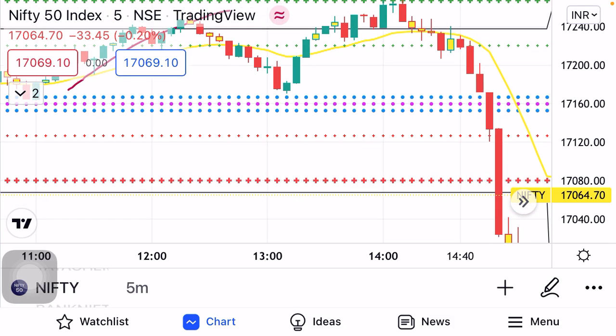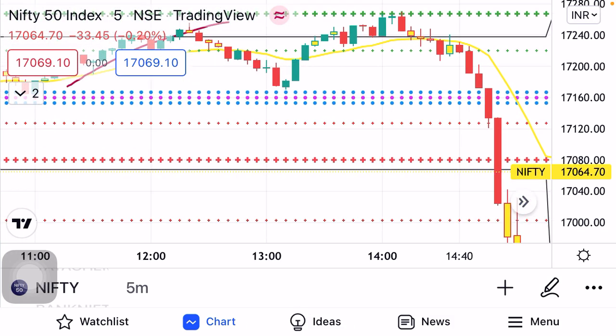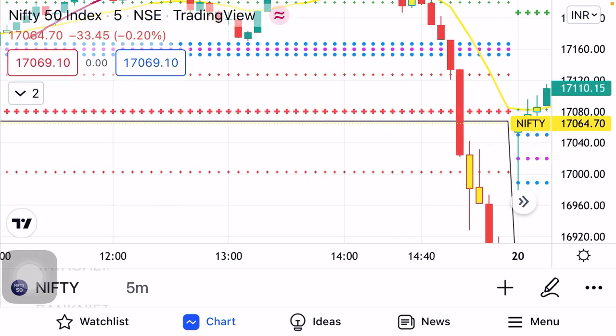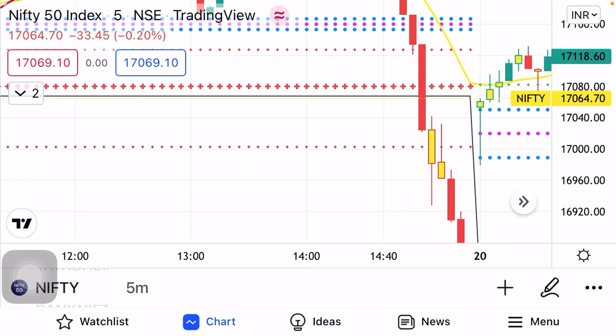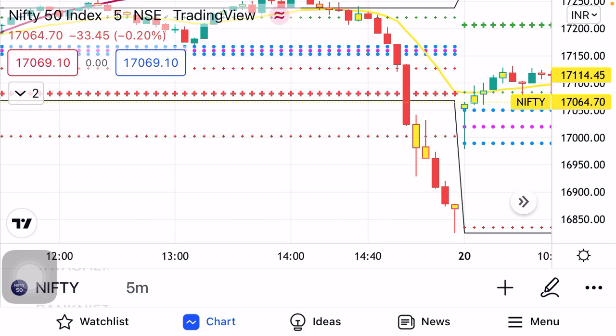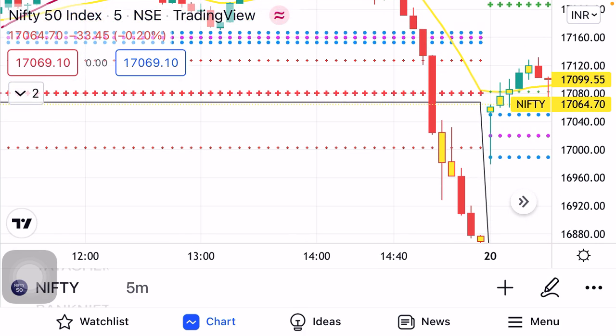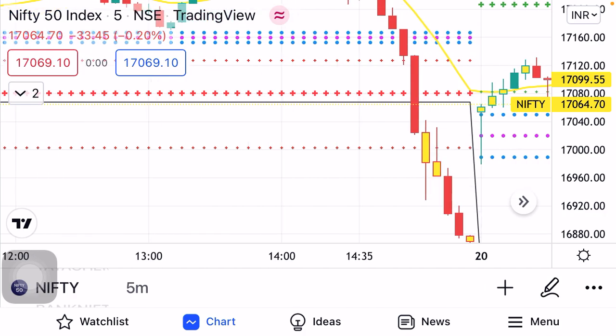And see how the market has fallen. Since the CPR is in downtrend, it has shown its colors in the later part of the day. And on the 28th, which is Wednesday, please keep in mind that on Wednesday you should wait at least 1 hour to get a clear direction of the market. And if you observe here,